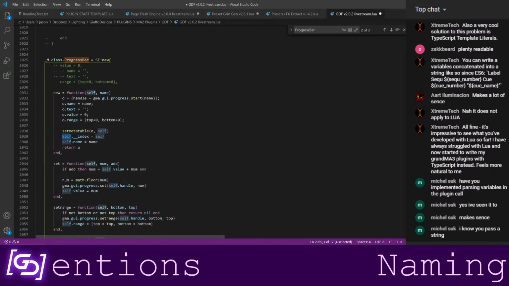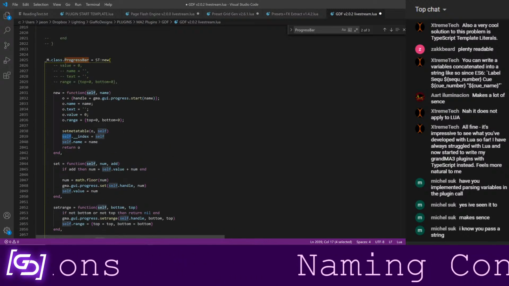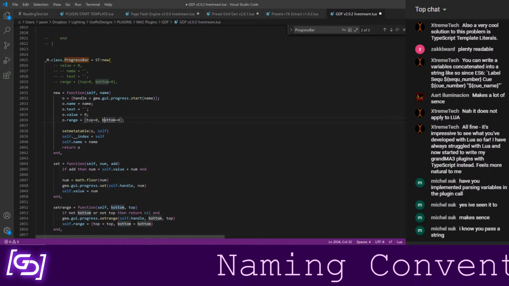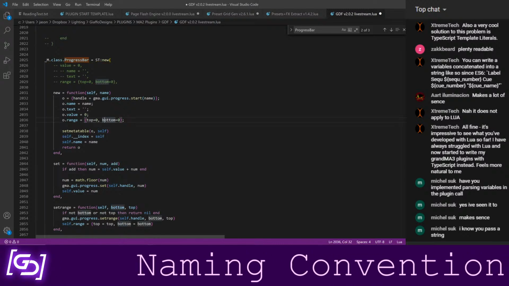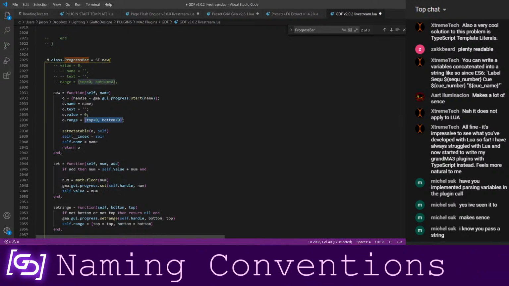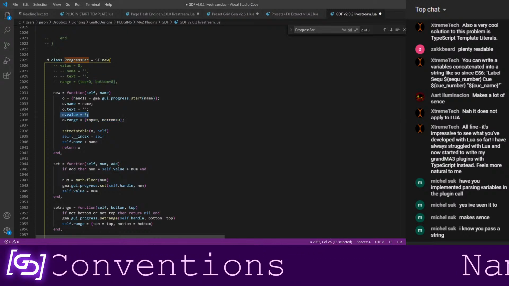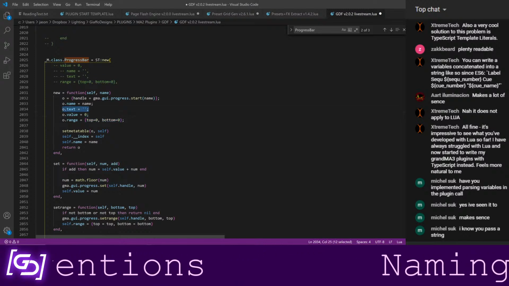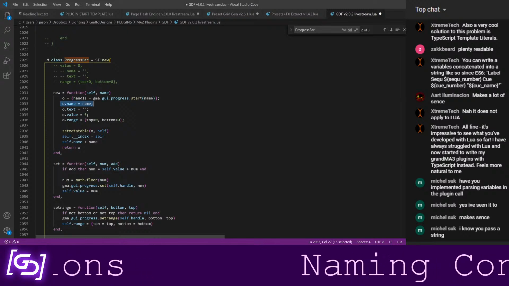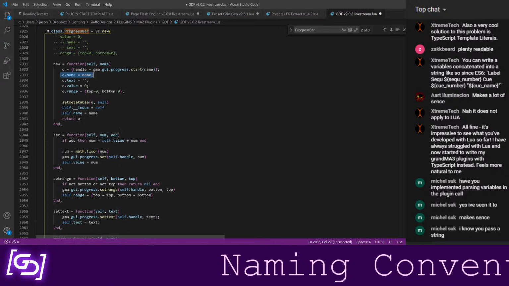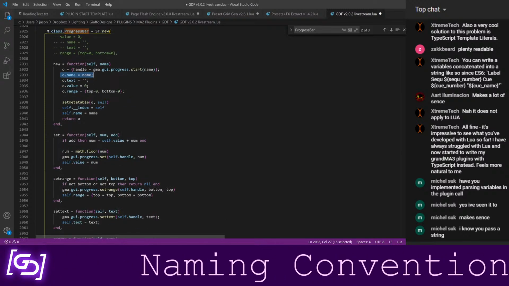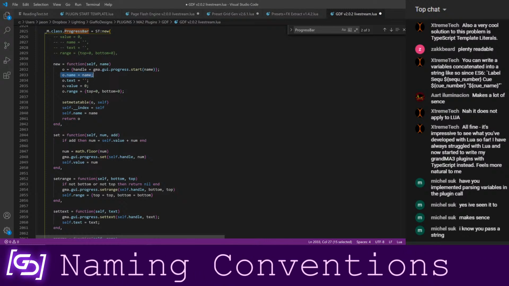I'll explain that in just a moment. But anyway, I store that into a table that also contains the range, the top and bottom numbers that this progress bar can reach, the current value of the progress bar, the current text value of the progress bar, and the name of it, which are two separate values for some reason, even though they're both just text that shows up on top of it.